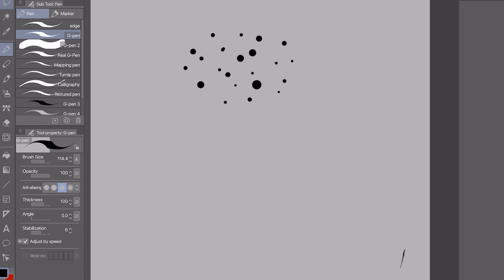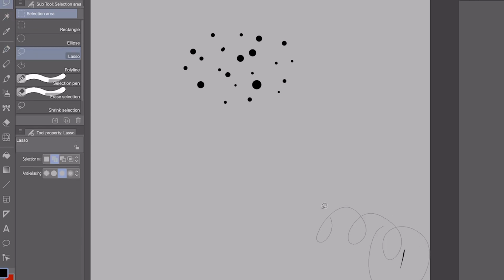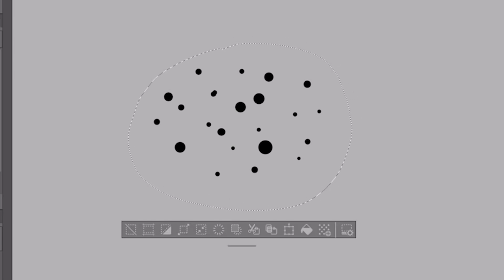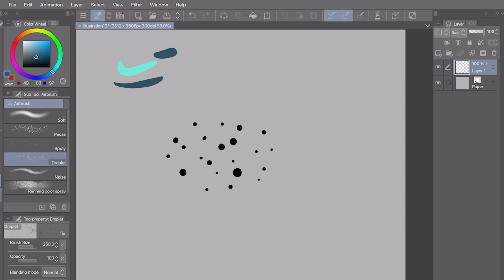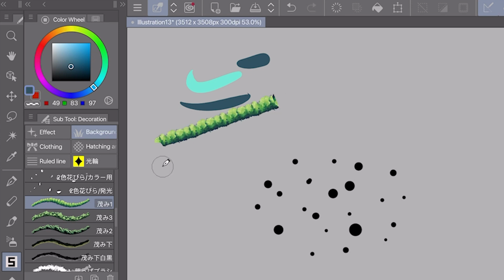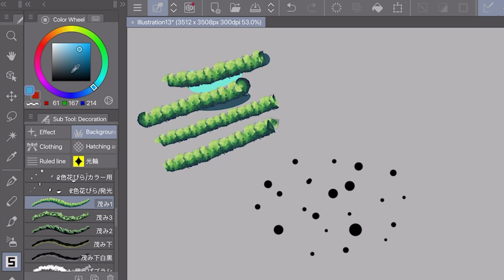So just to make sure that there's no other particles on the layer, just use a lasso, select your brush shape, and then hit this button, which would delete everything outside of the selection. I forgot to mention before we move on, there are two types of brushes when it comes to color. Brushes where you can change its color, like this, and brushes where you cannot change the color. Like this brush, I pick other colors, it's not affecting the brush at all.